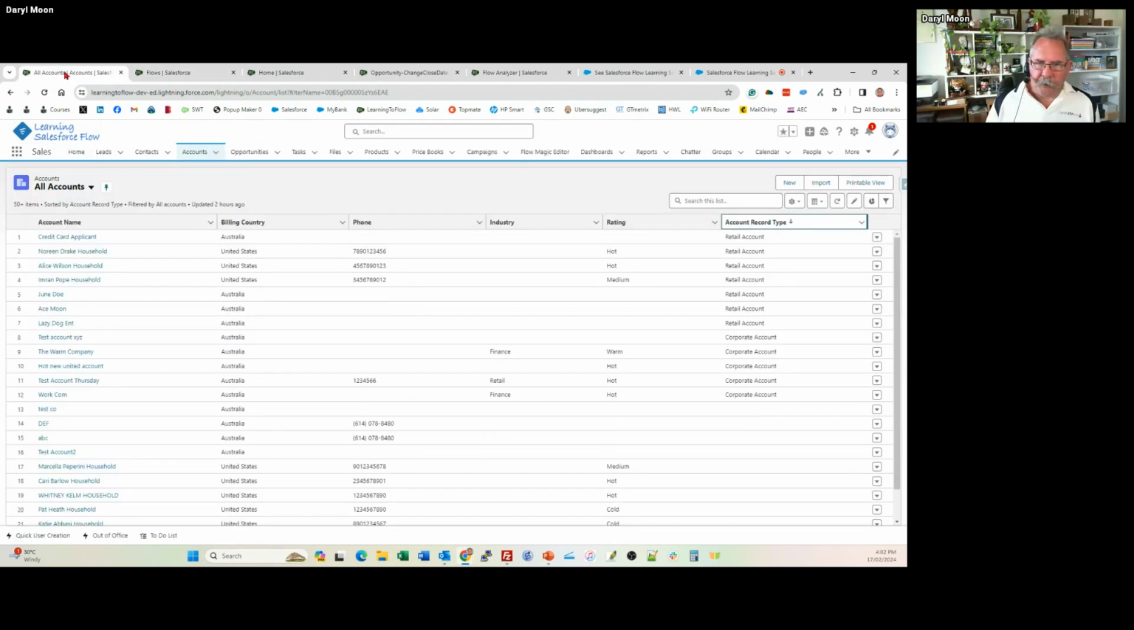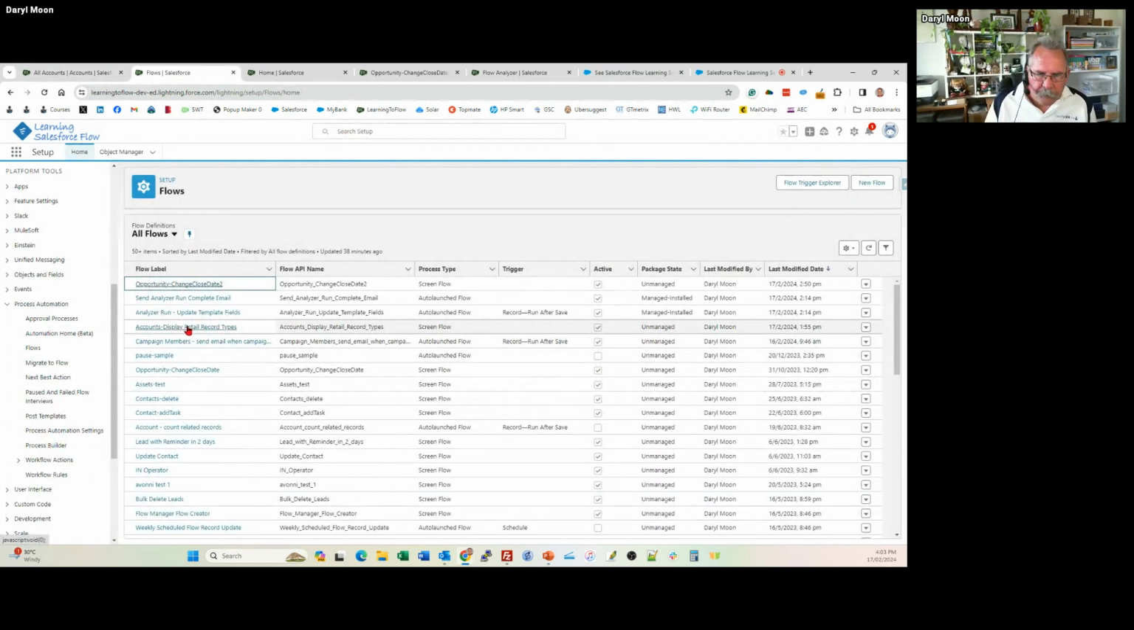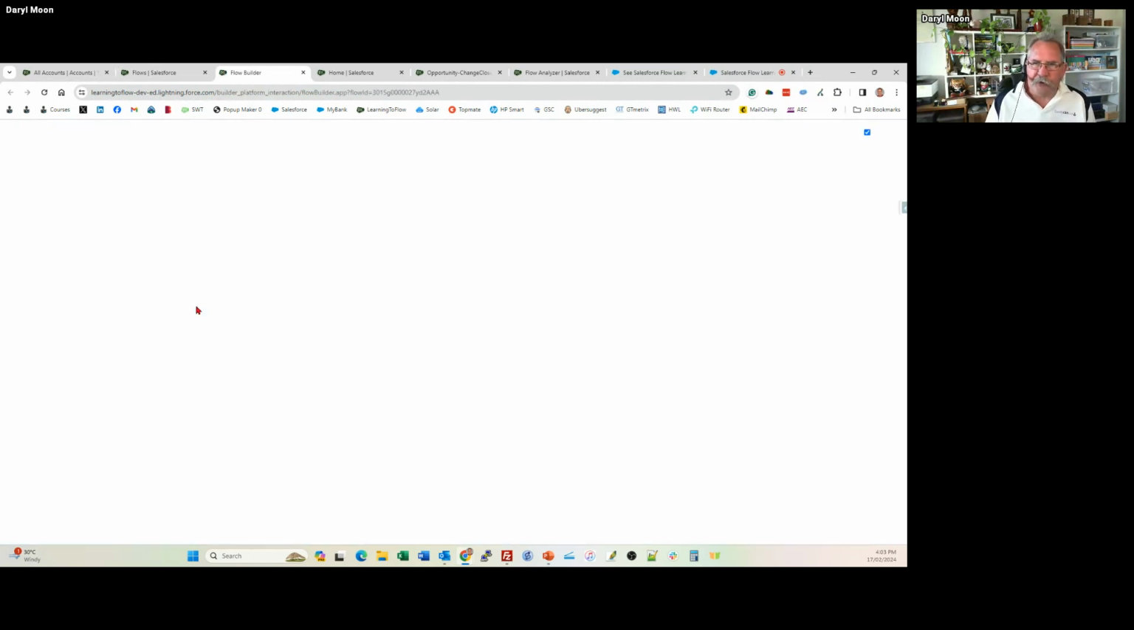Okay, so what I've done here is on the account object, I've created some record types, and we've got 2. We've got retail accounts and we've got corporate accounts. Now, only some of the accounts have been changed to the record types. But as you can see for retail, we've got 7 retail account record types. We've got another 4 or 5 corporate, and then there's a whole bunch of other ones that don't have any record types yet. Okay, so in this flow, what we're going to do is just display